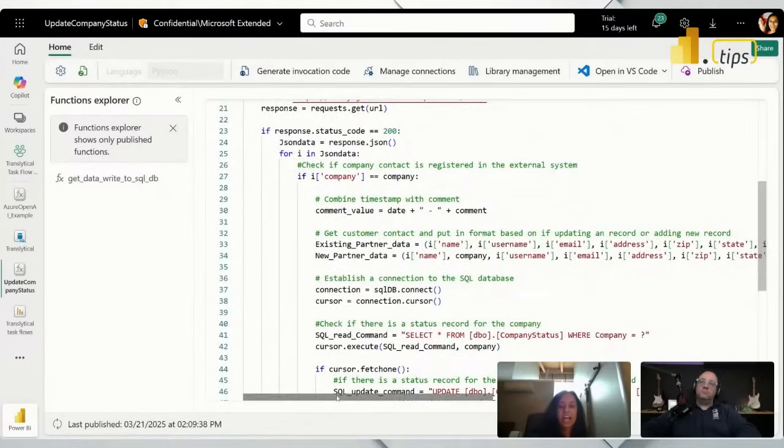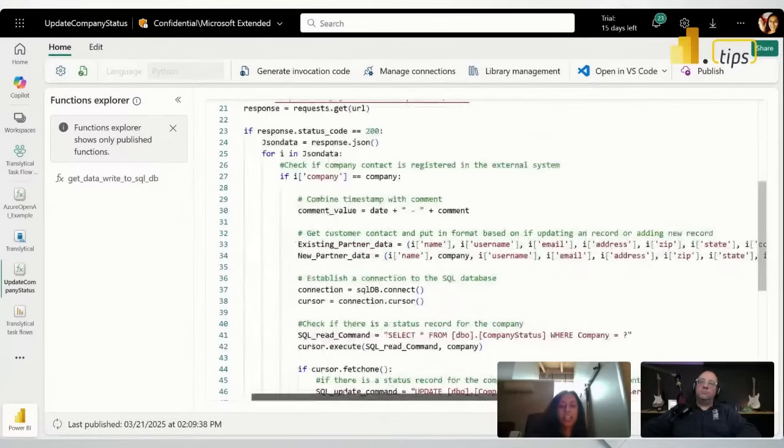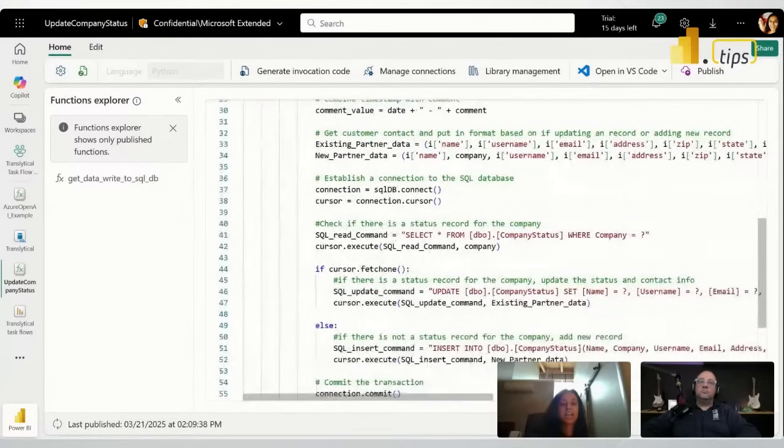So that's where I'm collecting that data. And then I'm also checking if that company already has an existing status. Because if they already have an existing status, I just need to do an update, right? I just need to update their status. If they don't yet have a partnership, we never initiated a partnership, then I can do an insert. So having that logic of customizing whether you're doing an edit scenario or whether you're doing an